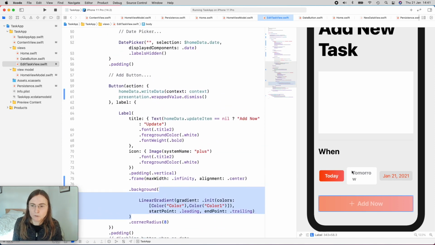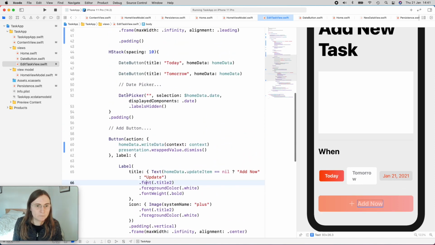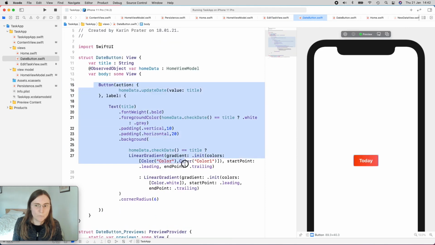Okay, now it's time to go into these 2 buttons here, because I also don't like these buttons too much. So you see this button does get the title today and also the home data, so the view model. Turn to definition. So when you press on one of these buttons, you call home data update with this value, which is the title. If you jump there,